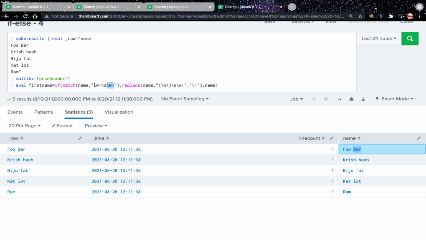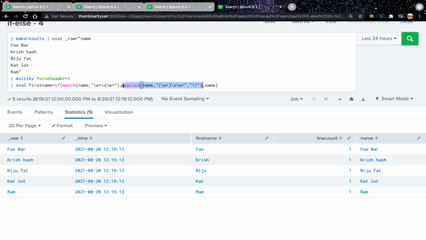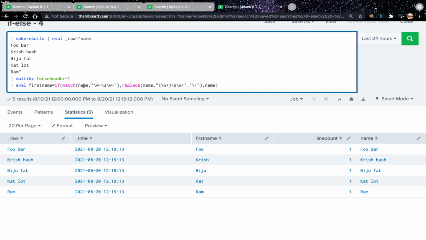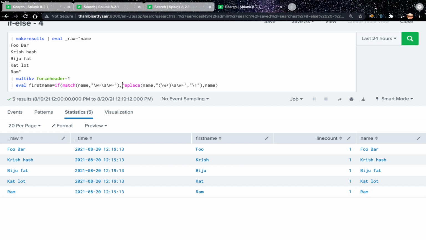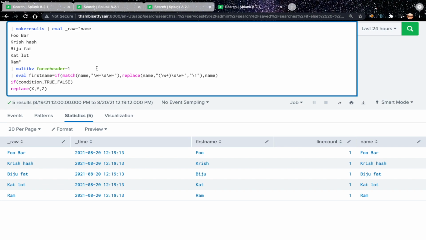Wherever this combination is available, whatever is there in the true value place will get evaluated. We know the syntax of the if function. It will have a condition, then a true value, and then a false value. We are calculating the true value dynamically, and the false value also with a field, instead of just passing static values or static strings. Since we need to extract the first name from the name field dynamically, we use a different function called replace in the place of the true value in the if condition.